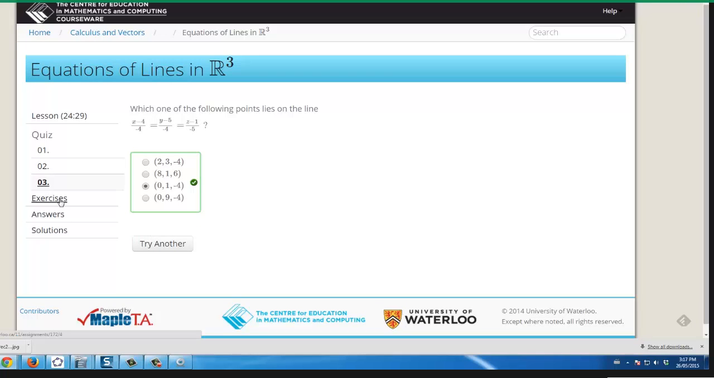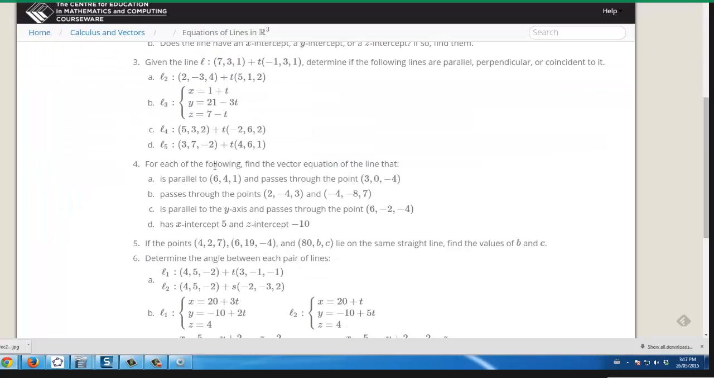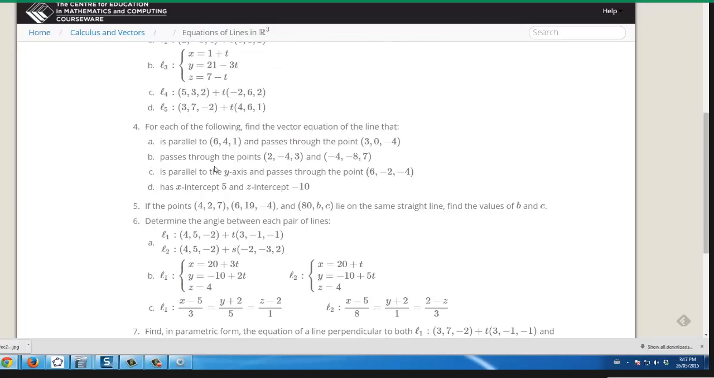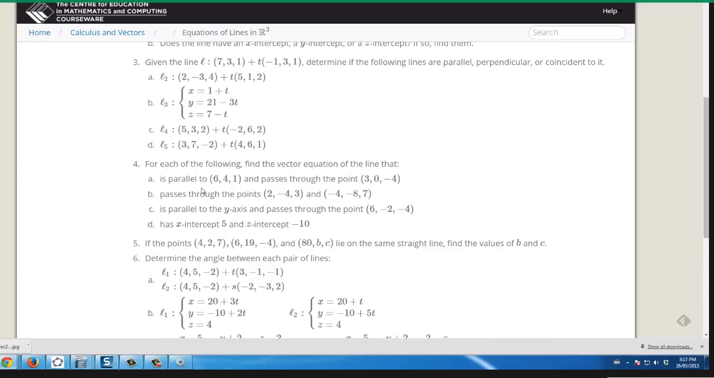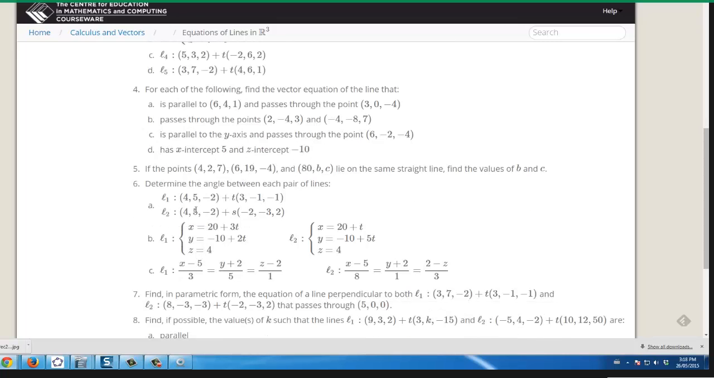Yay! Okay. So 3, 4, 5, 6 in the exercises. Sound okay? I think the first ones are too easy. Number 6 is interesting to me because